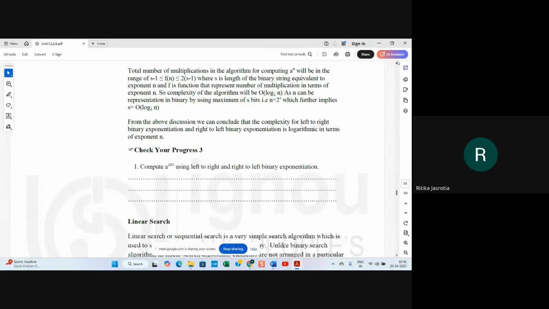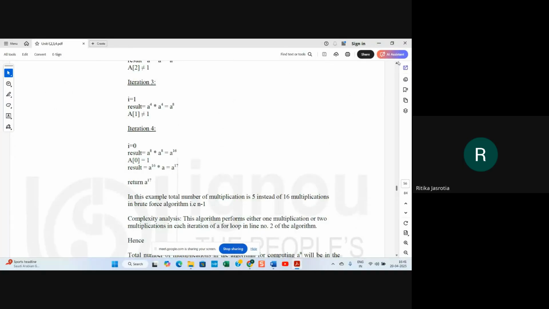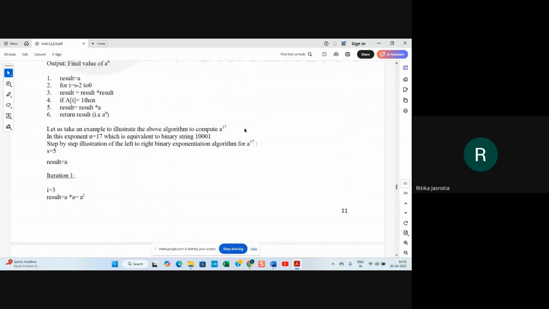We have to see how they are doing this binary exponentiation. They have converted the exponent n is equal to 17 to a binary number. If you convert 17, it comes to be this binary number. So it is 1 2 3 4 5 digits. So S is equal to 5, they have taken a binary string, right? And result is equal to A, they are saying, and here they are starting from I is equal to 3, because here you are saying I is equal to S minus 2. So 5 minus 2 will be 3,